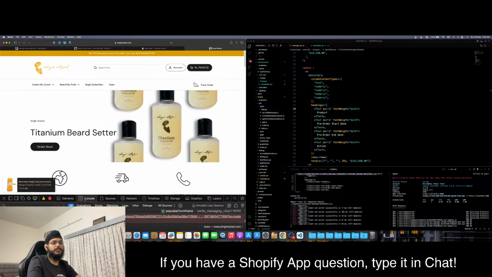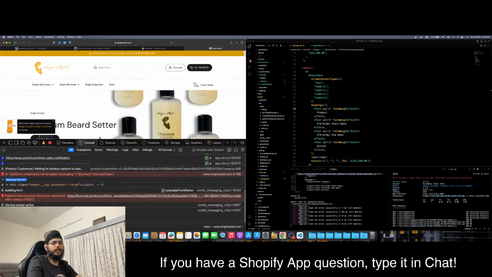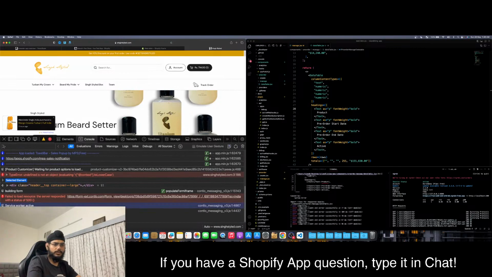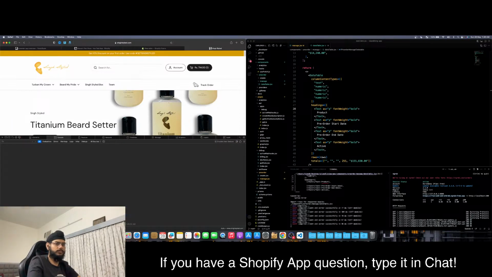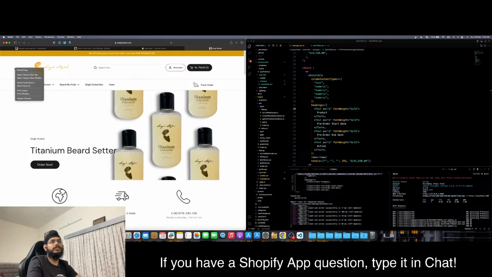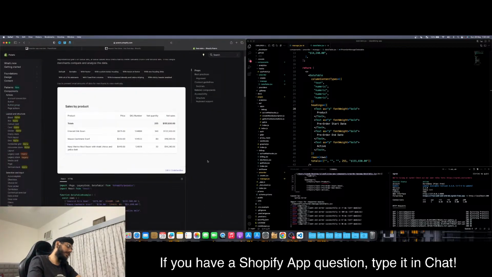Yeah, it's just Safari being Safari at this point. Yeah, it's Safari just breaking. Sorry about that. But yeah, you can just take a look at the cart response and you can see all